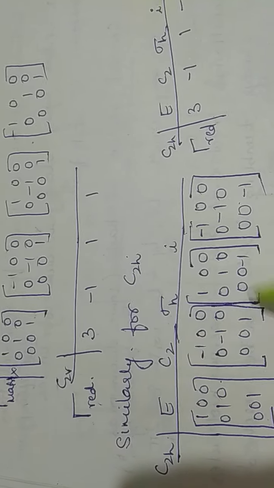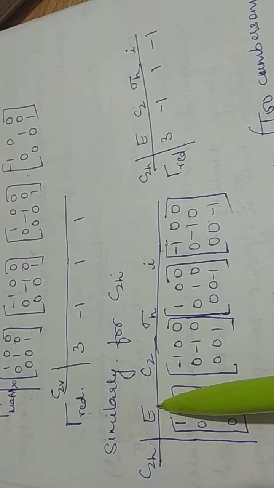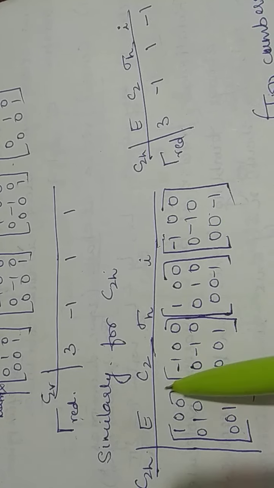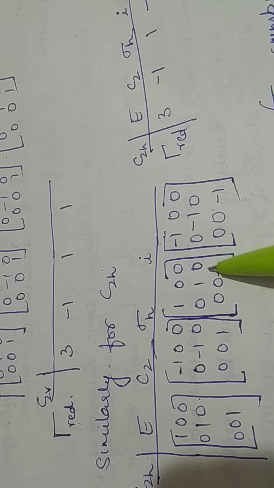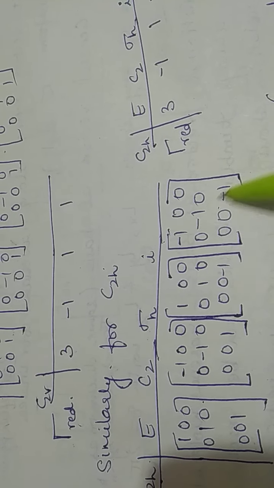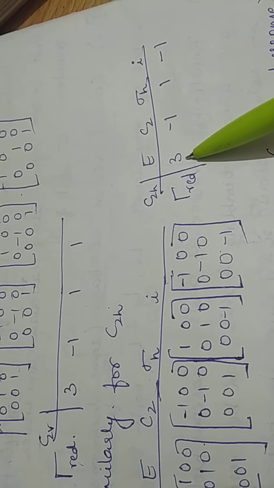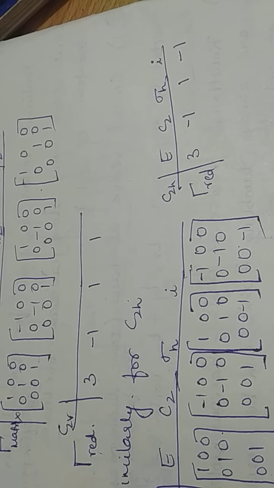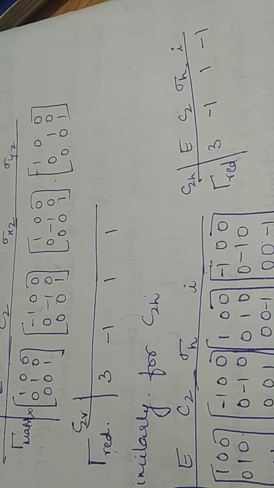Just try if you are all getting this. The same way it goes for C2h. Let's suppose the C2h point group. You remember that point group with E, C2, sigma h and i? What will happen? The rest of the things will stay the same. What is sigma h? In sigma h, two will not change and one will change, right? And for the inversion center, everything will be inverted. So what will be the resultant reducible representation? 3 -1 1 and -1, right? Is it clear? Okay, I think it's clear.